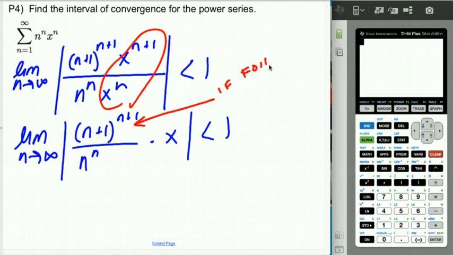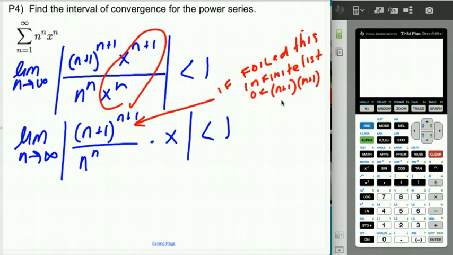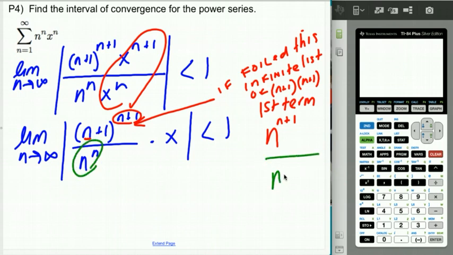If you foiled this infinite list of n plus 1s, because it's n plus 1 times n plus 1 times and so on, the very first term is going to be an n to the n plus 1, right? It would be this thing to the highest power that you have to offer. The reason that's relevant is on the bottom I have an n to the n, and the top is an n to the n plus 1 plus